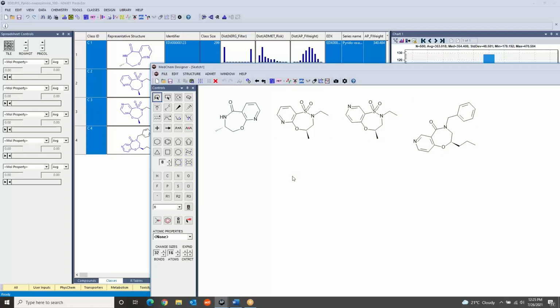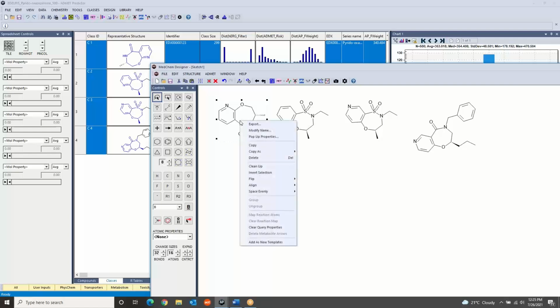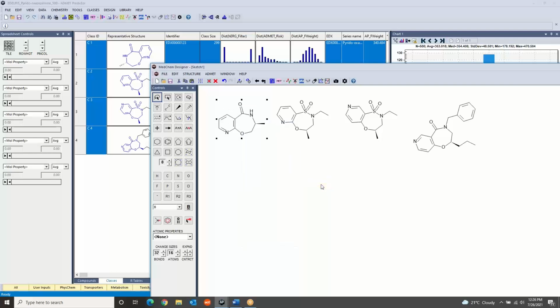And the first thing we'll do is put the first compound in an orientation that we like. So what you would do is just lasso this compound, right mouse click, and clean up. Okay, and that's going to put the compound in a preferred orientation. But of course, you can tune it to your preferred orientation. In this particular case, I may want to flip this compound vertically if I want to see the carbonyl up,